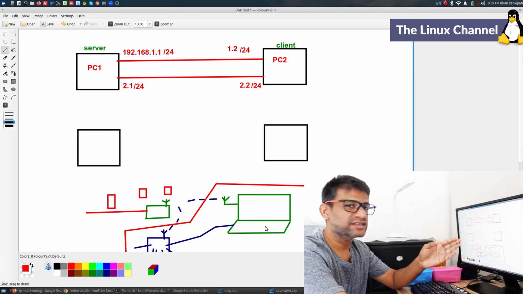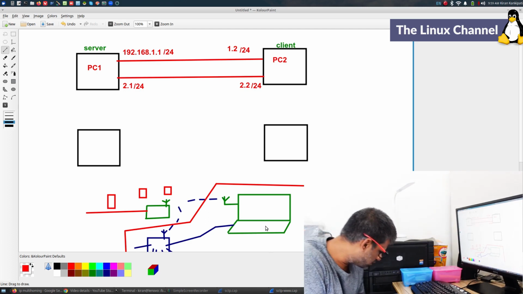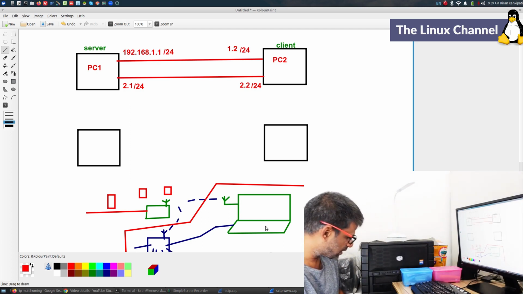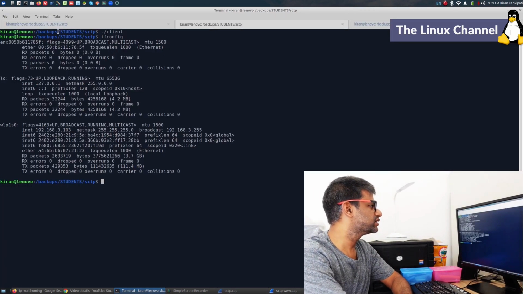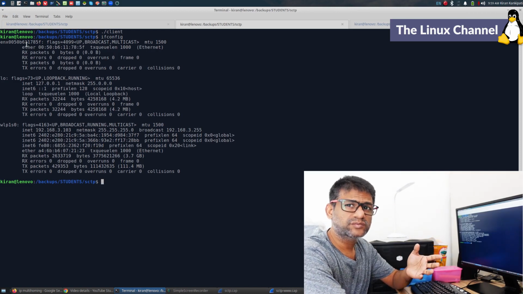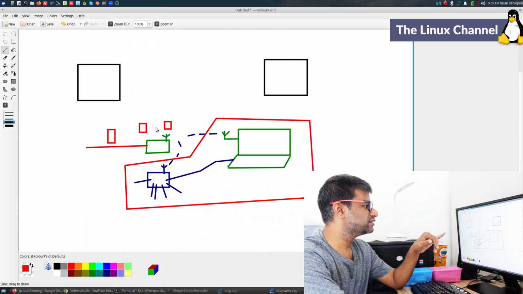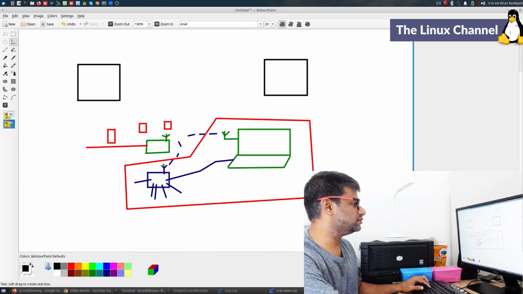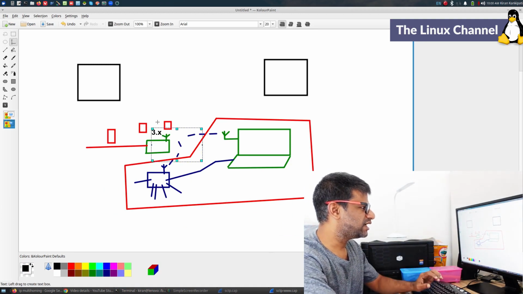So this is nothing but this, and in fact I can turn on this router. Once it is turned on, you can find the IP address assigned to this USB to Ethernet port. The moment it gets assigned, you can see here, this is my 3.x LAN subnet.